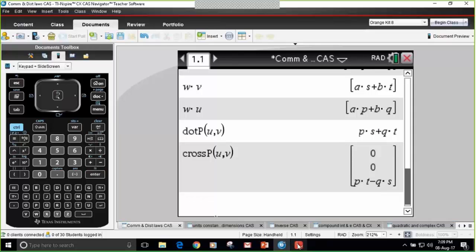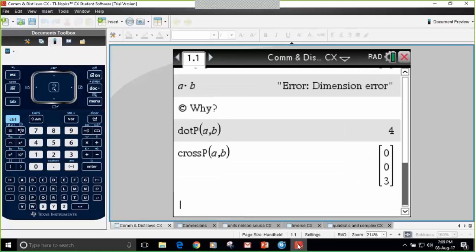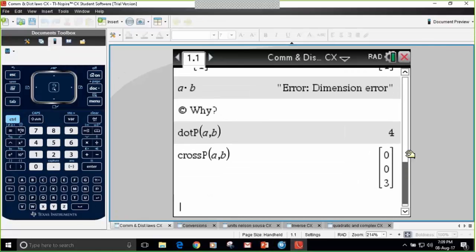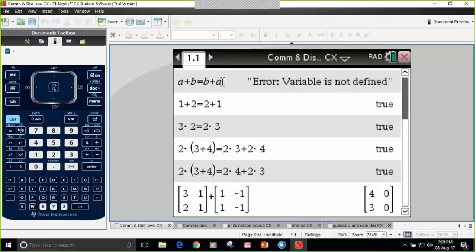If you go to the CX, for those of you that got CX, the numeric calculator, obviously if we put in A plus B equals B plus A, it's not going to say it's true because A and B are undefined in the initial stage. You've got to put in numbers, or if you put in a variable, it has to be defined. So if you do 1 plus 2 equals 2 plus 1, it's true, and then these various entry lines there,